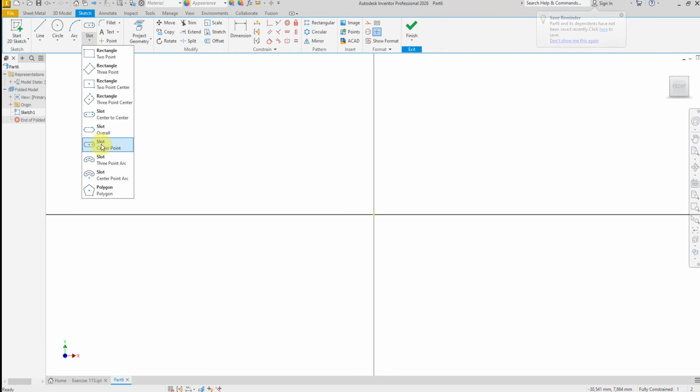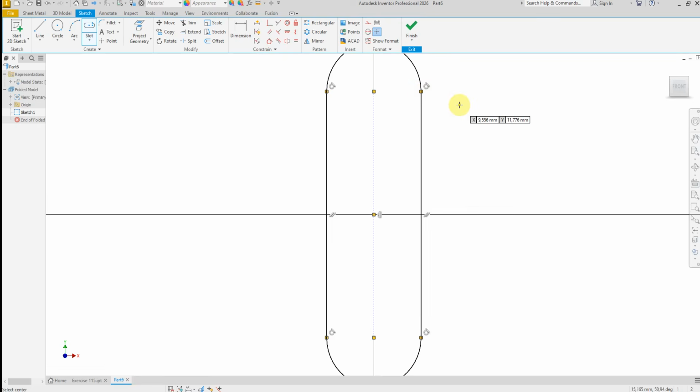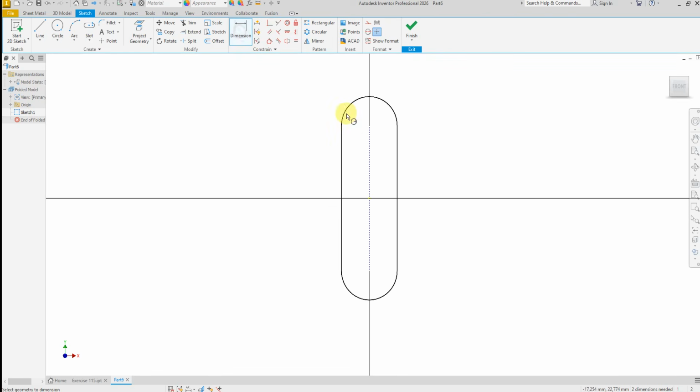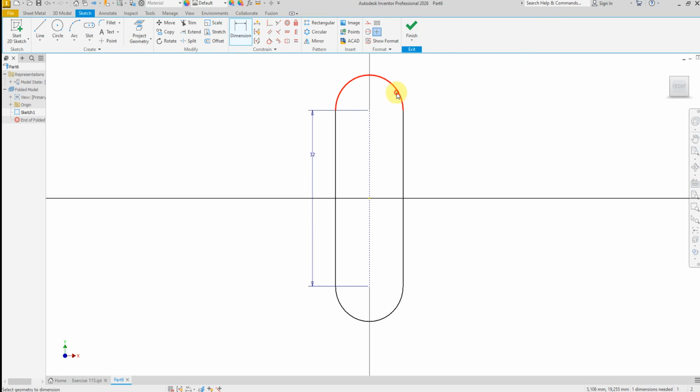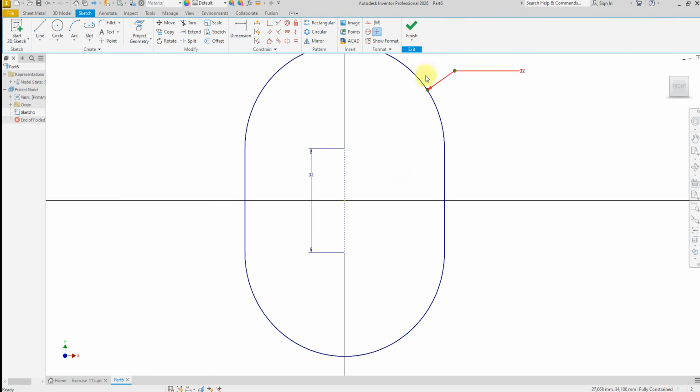From here select slot center point, select the center point and move your mouse up or downward and make sure it's 90 degree like this, and click somewhere here and then move your mouse right or left, click, say OK. Now select dimension and give a dimension 32, OK, radius 32, OK. Now finish sketch,